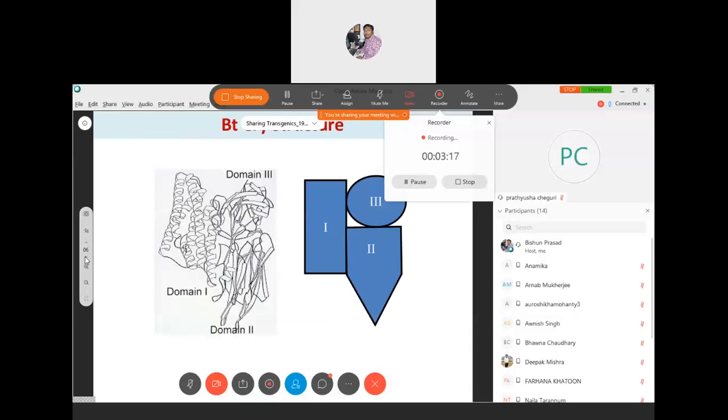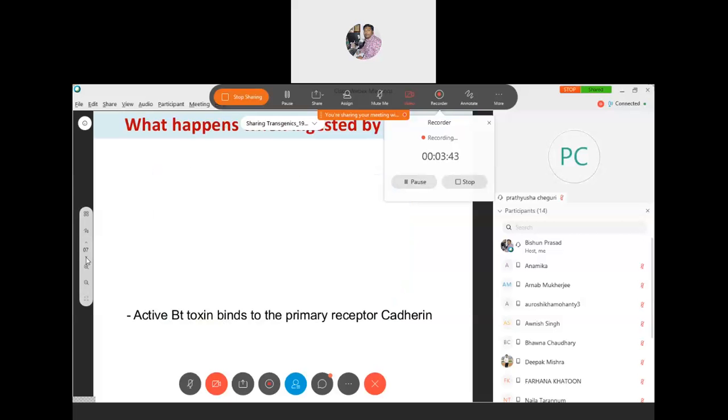If you look at the protein level, if you look at the domains, the Bt gene or Cry protein has three domains, domain 1, 2 and 3, very easy to remember. And you can see how these domains have been arranged. And you know that a domain is the functional unit of a protein. So a protein having a functional domain will give you some kind of function. So Cry protein has three domains 1, 2 and 3. Then we'll see what is the function of the different domains.